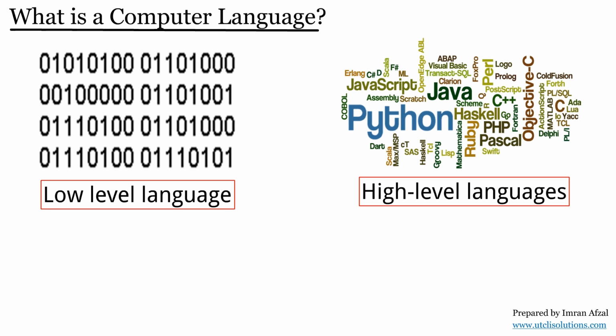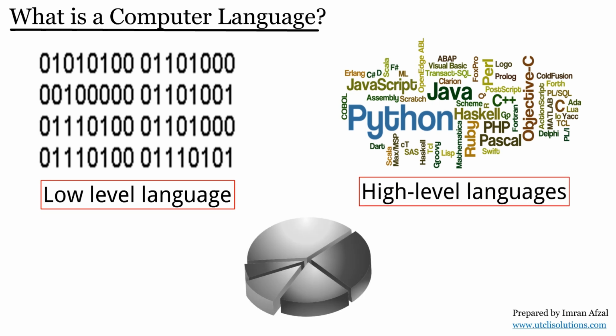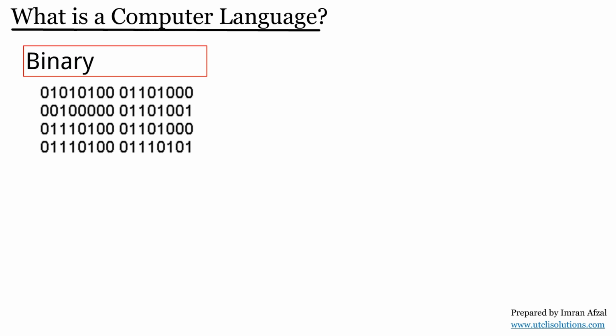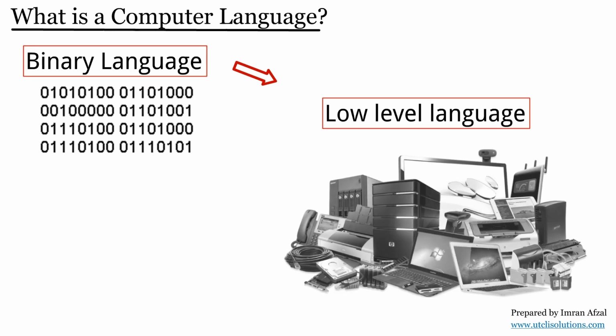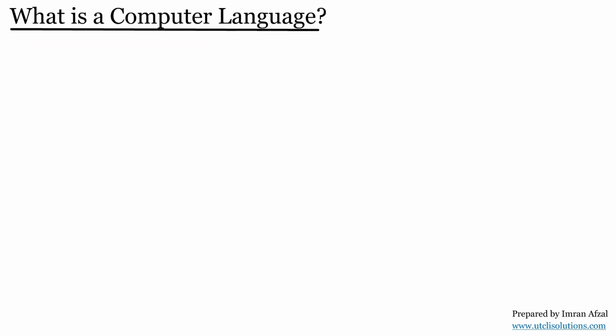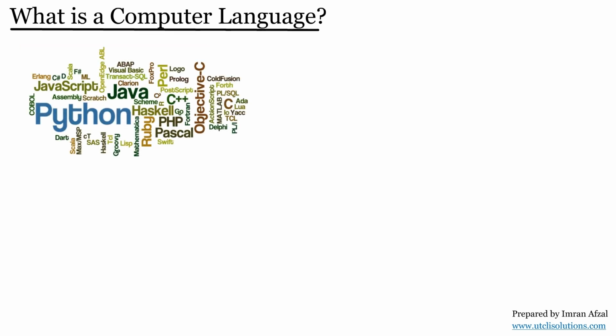It is important to note that the term low or high level do not imply any kind of ranking. Binary language is considered low level because it directly interacts with the computer hardware, while the other programming languages operate